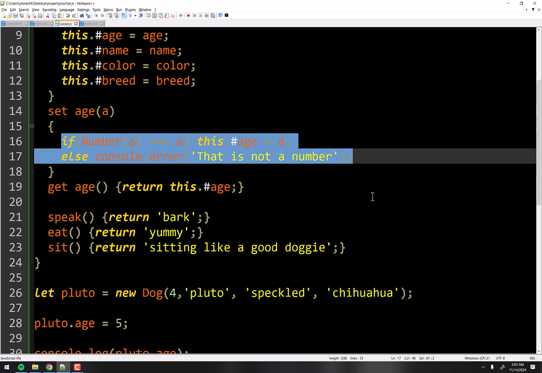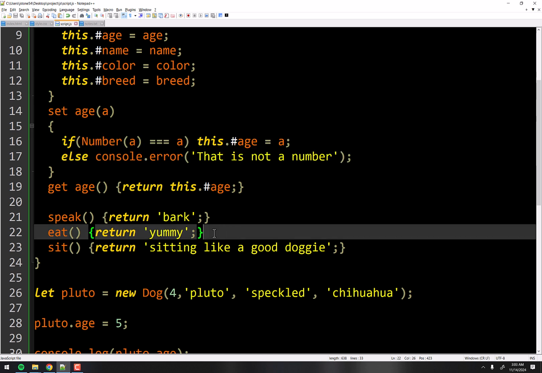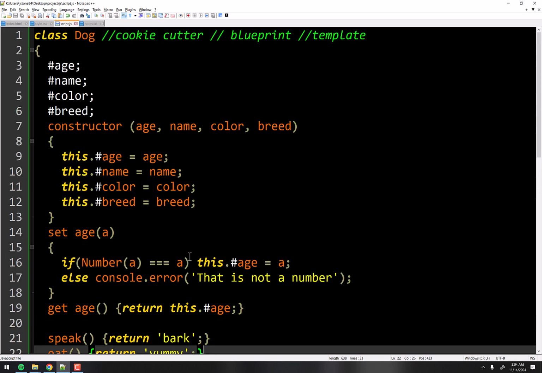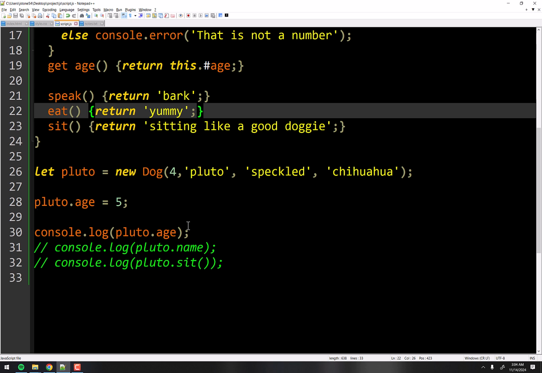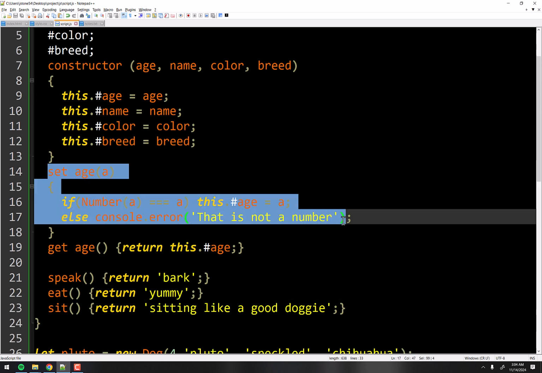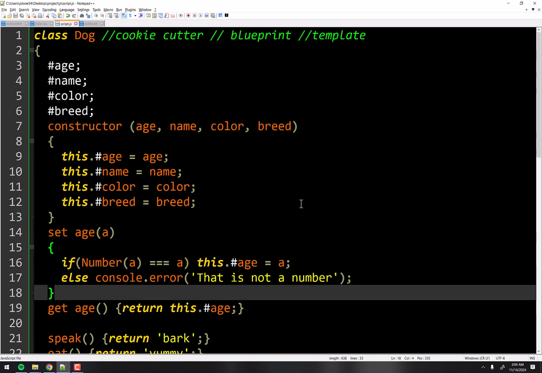You'd obviously want to get a little bit more involved, use some try-catch statements and everything you would need to do to make sure maybe you have ranges, like your dog is not allowed to be older than a certain age. You don't want to have negative numbers in there. There's a whole bunch of things you would want to do. That's beyond the purpose of today's focus here. I'm just showing you that in order to properly take in the user input, or the code inputting it like we are on line 28, you must have a setter that can do the error trapping and make sure that the data is valid.